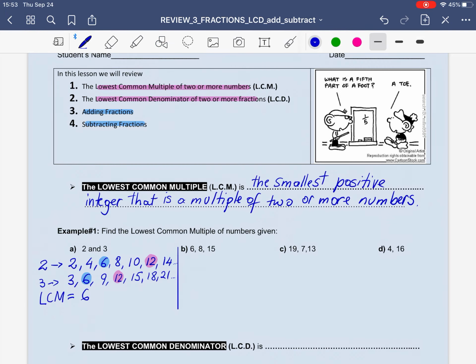numbers. Now, as you see, these numbers are bigger compared to numbers 2 and 3. And that will make finding the lowest common multiple a bit more complicated, because imagine having to find all the multiples of 6. So you go 6, and then you have to go 6 times 2, and 6 times 3, and 6 times 5. It has to be all the positive multiples, right? Which has to be an integer in itself. So that can be a little bit cumbersome because we don't want to deal with so many big numbers and use a calculator. So we have developed a strategy, and this is one of my favorite strategies that I want